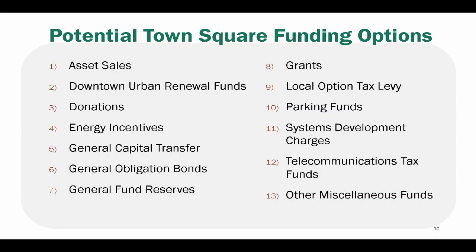And then finally, the miscellaneous category. We're always looking for one-time sources. There may be other one-time funding opportunities that arise that we would look to. And there's also things like the use of marginal beginning working capital if available when it comes to council and supplemental budget. So those are the list of things we typically talk about and that we've gone through here today.